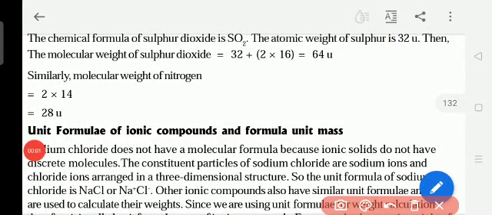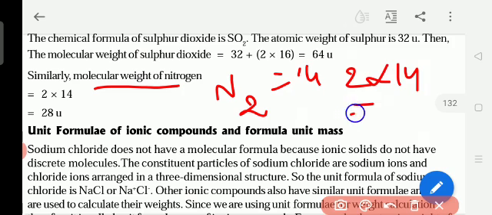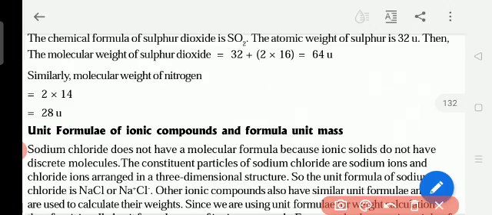So like that, only the molecular weight for nitrogen. Nitrogen, what is 2? So what is the molecular weight? 14. Okay. So 2 into 14 is equal to how much? 28 units. Okay, 28 units. So this is the one. And the next one,